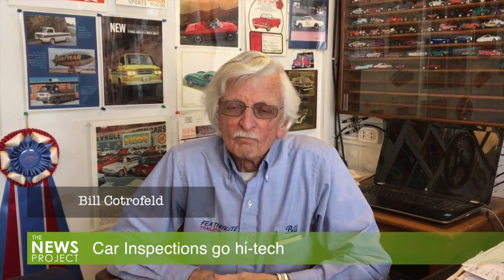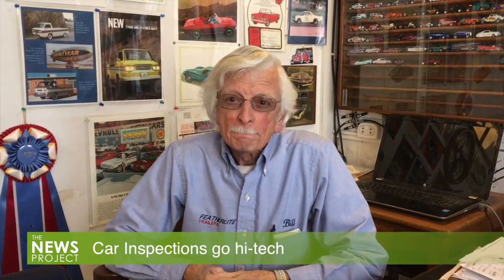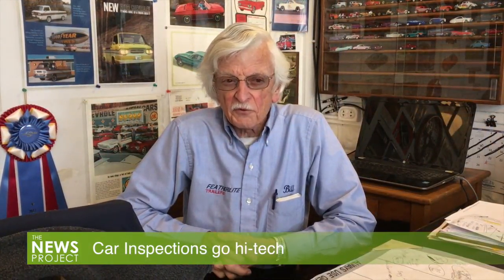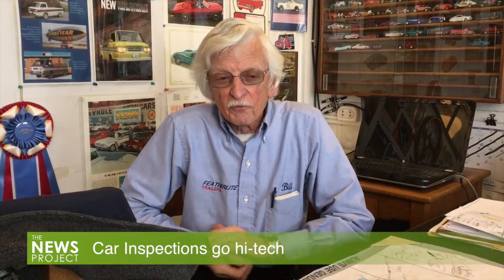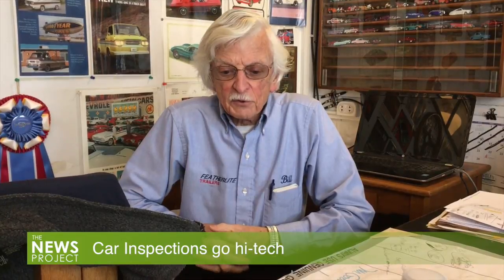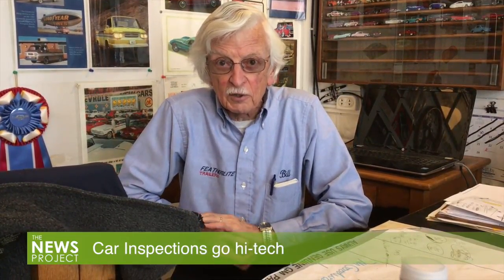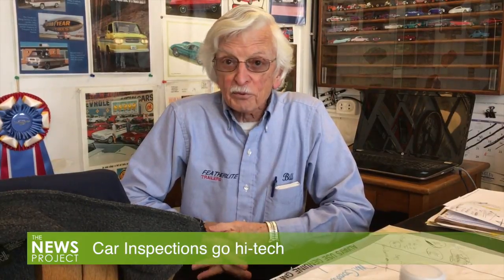Bill Cotterfeld of Arlington, who has owned and operated a garage there for more than 30 years, said the changeover won't alter the basic inspection a vehicle undergoes. We'll still be inspecting for the same things. The main thing that it will do, it will eliminate virtually all of the paperwork. So the only paperwork we will have to do as inspectors, we will still have to make out the back of the sticker that goes on the windshield. Other than that, everything else will go into the computer and come out as a printout at the end